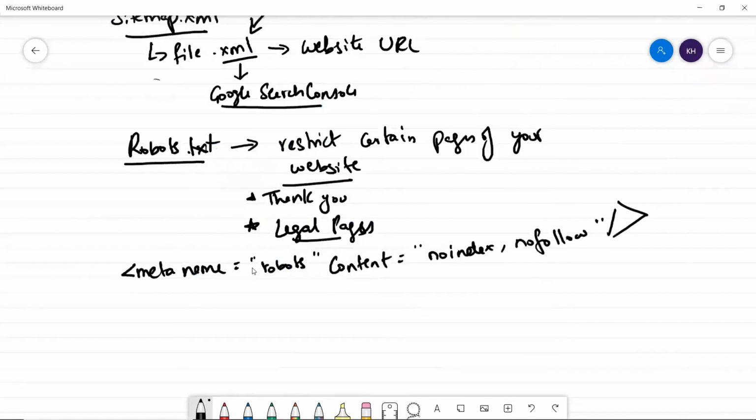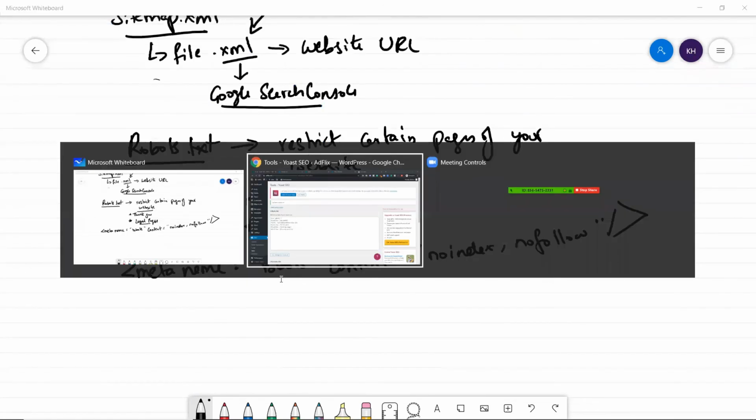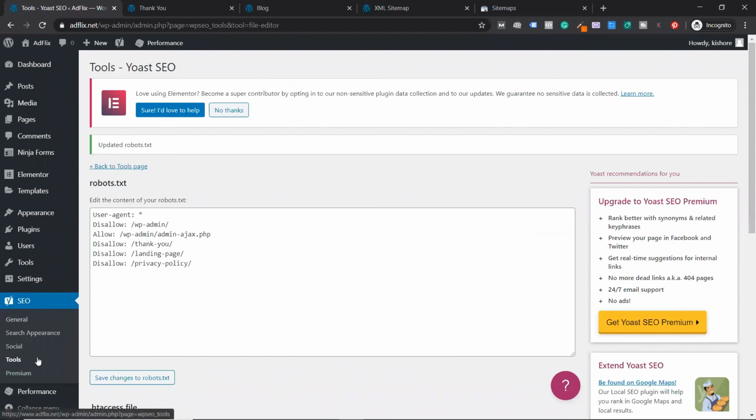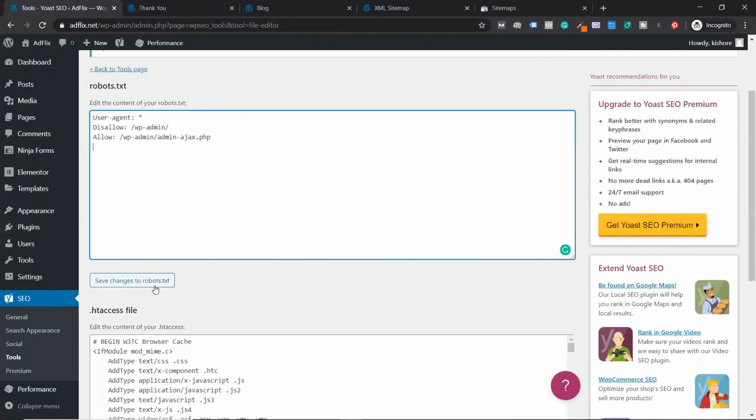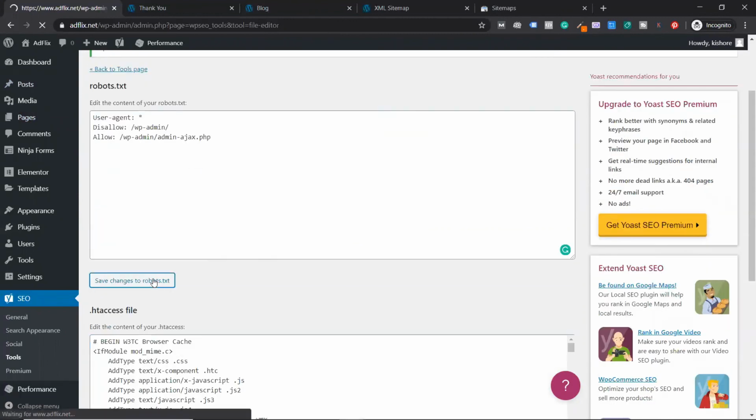So this is what you do. The simplest one is Yoast, which will take care of everything. But if you want to configure it by typing, you can do that too. Preferably go for the Yoast method: go to pages, go to that page, go to that box, and just set it to no and no, and it will be done. Since I've already done it, there's no point in doing it here. I just click on save changes and it is done.